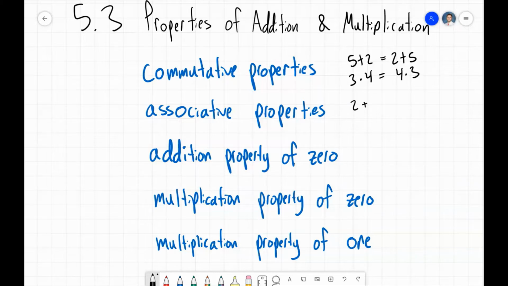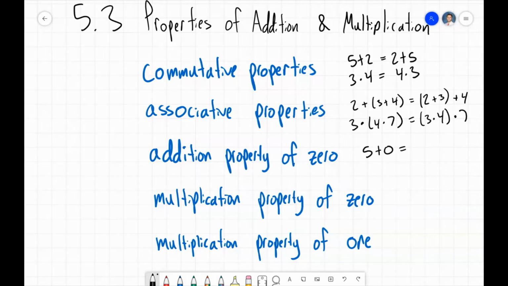So 2 plus 3 plus 4 is the same thing as 2 plus 3, in parentheses, plus 4, right? So we've changed what we're grouping here and what we're adding first, but our answer is still the same. Same if we were multiplying 3 times 4 times 7, that would be equal to 3 times 4, in parentheses, times 7. The addition property of 0, or the identity property of addition, right, tells us that adding 0 to a